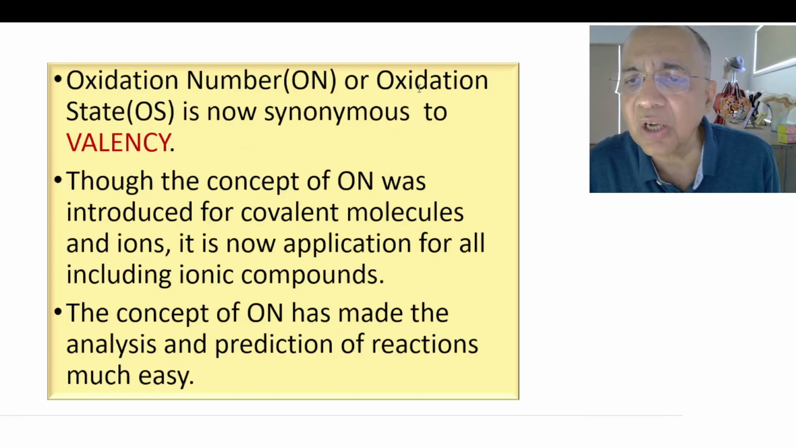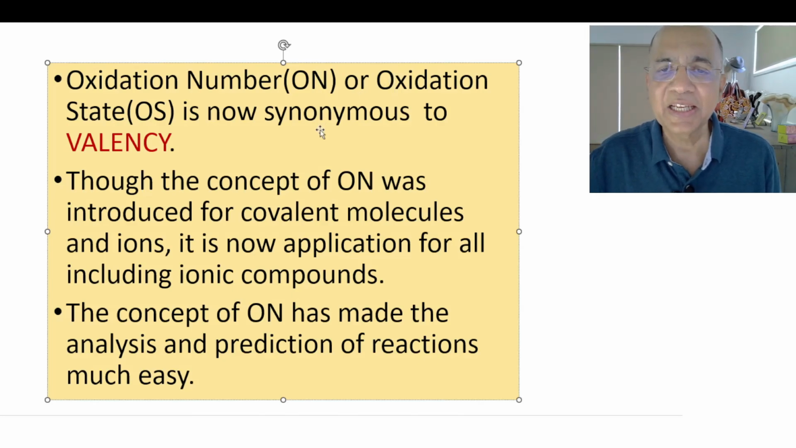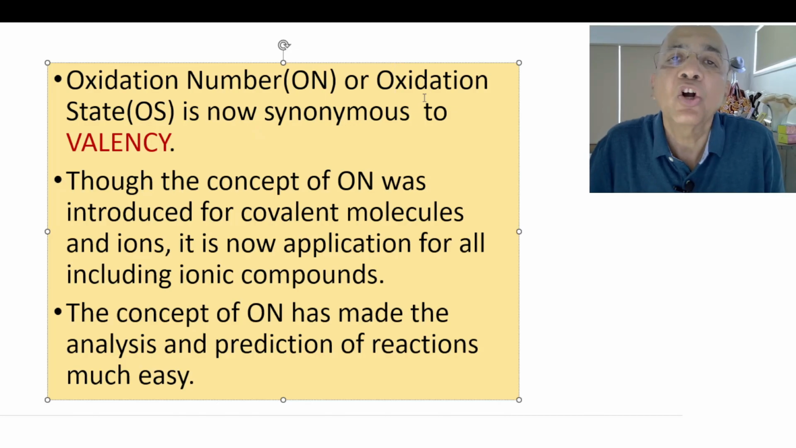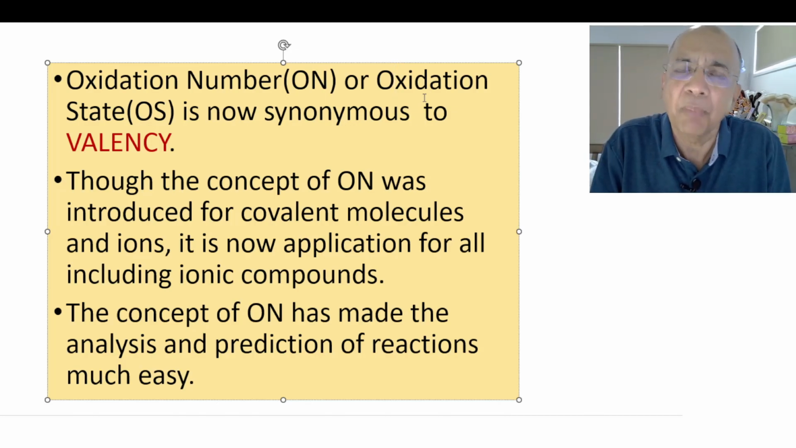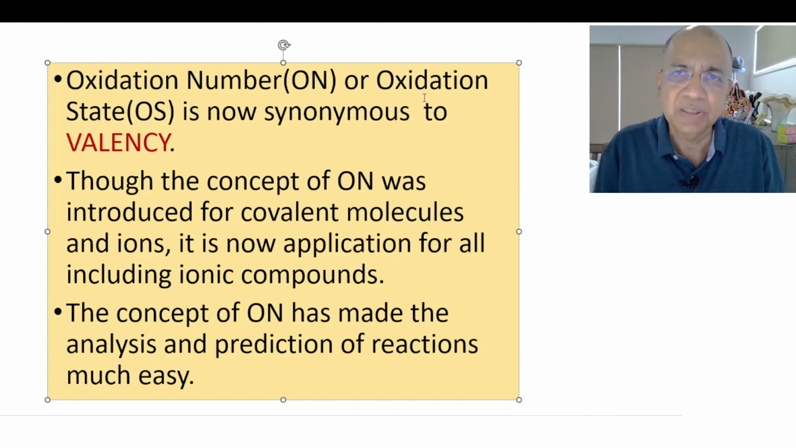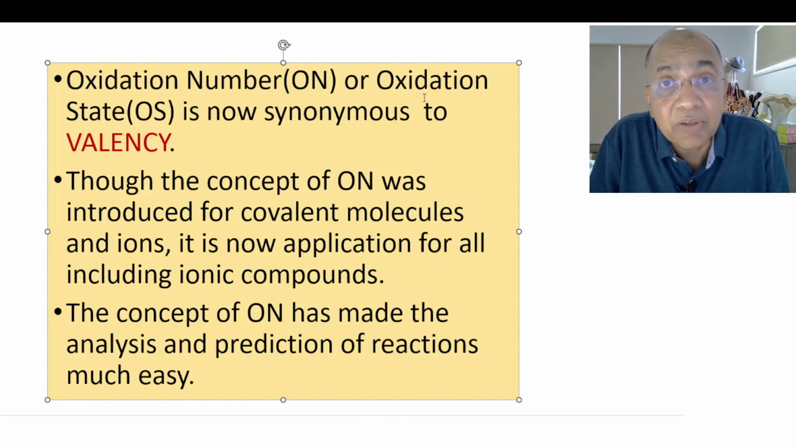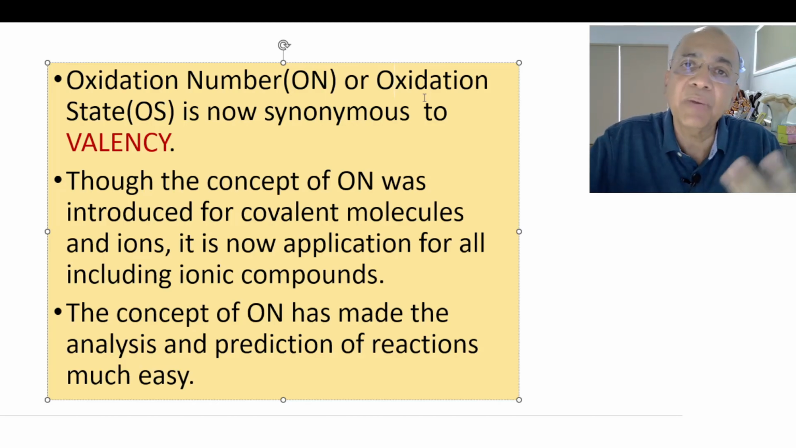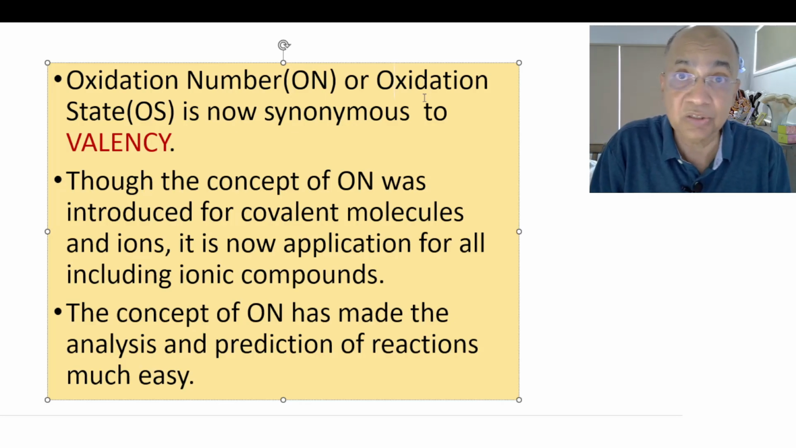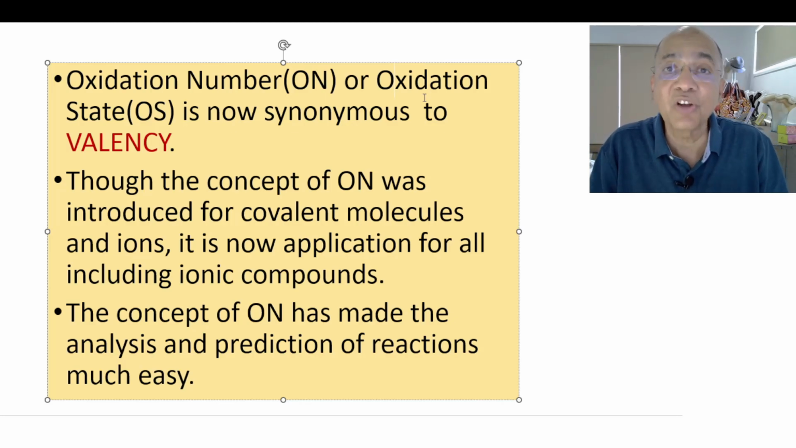Let me tell you, oxidation number or oxidation state is now synonymous with valency. Nobody calls it valency now. Everybody says, what is the oxidation number? What's the oxidation state of this atom, this element in a compound? So even in ionic compounds, the valency term has been replaced by oxidation state, although the oxidation number concept was introduced